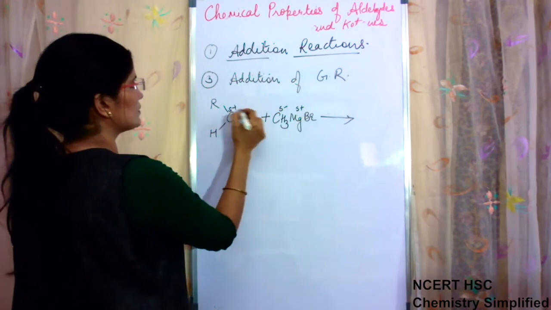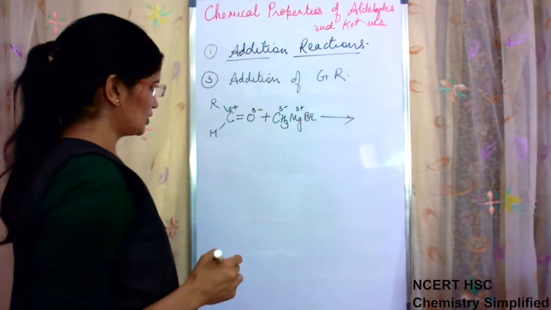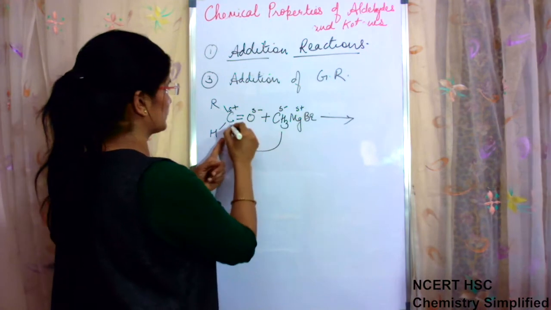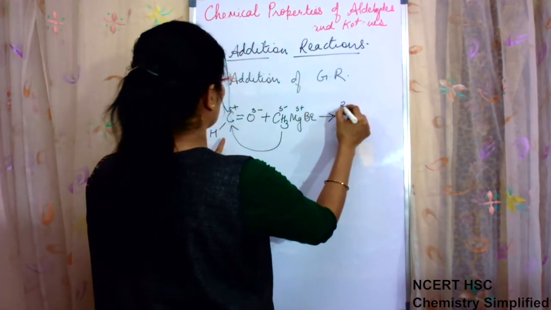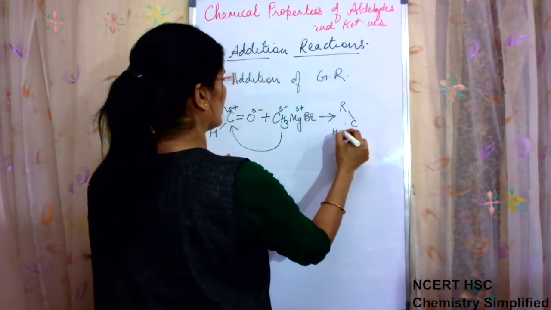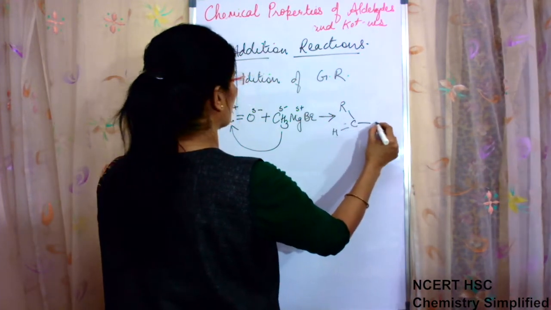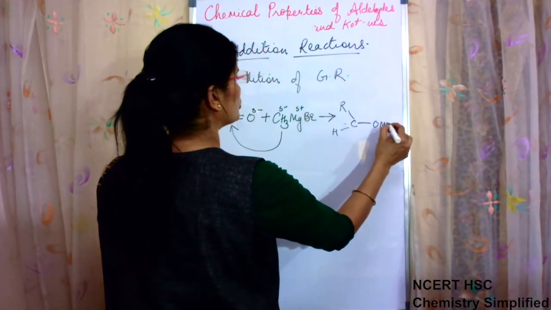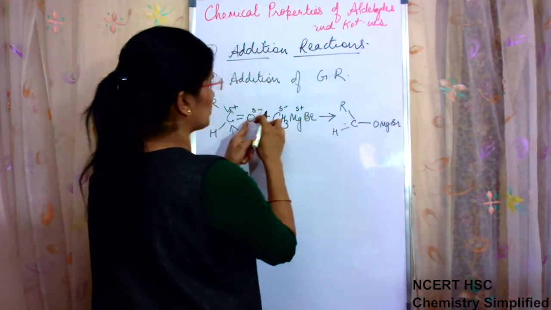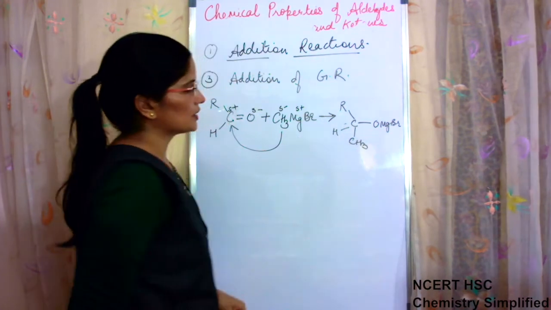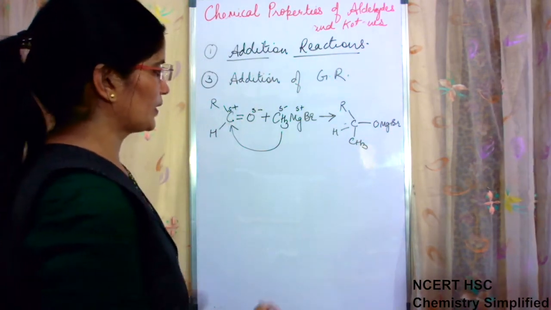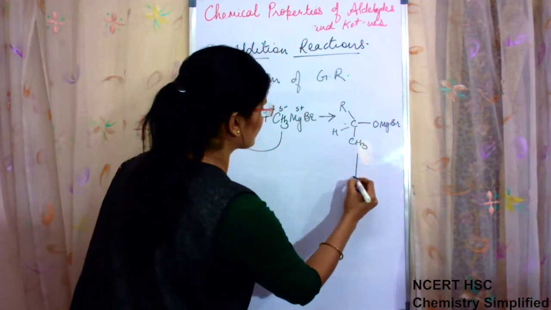This is positive, this is negative. So R, C, H, single bond O, MgBr, positive will come to negative and this C will have CH3. This is the intermediate formed, and in the next step,